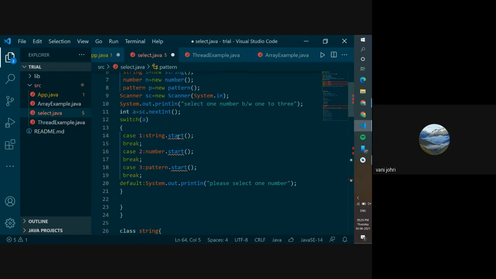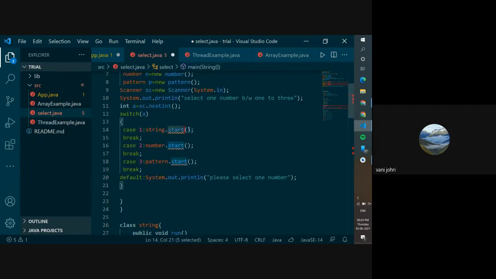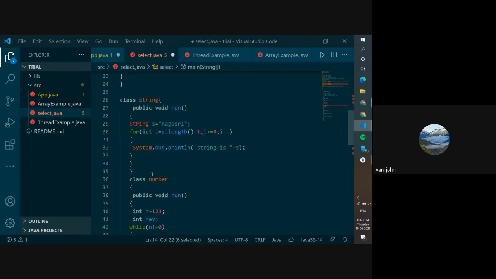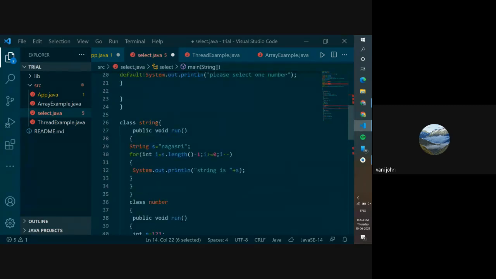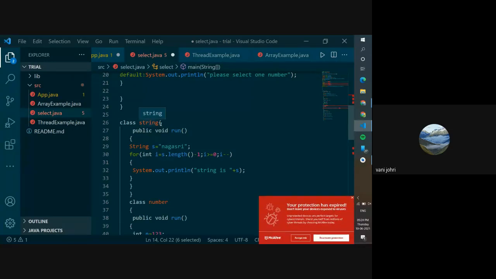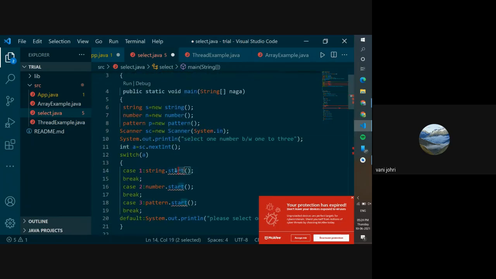And you've done dot start. This dot start is used when you are using multi-threading, like you are using threads. These are not threads, these are your normal classes right now, right? If you make them into a thread, then you can do it. But you did not make these into threads, so you just have to call this function. You can name this run or you can name this whatever. You're supposed to name this run only when this thing is a thread, but this is not a thread right now, right? You did not make a thread, you just made another class and made a function. So for this, instead of writing dot start, you're just supposed to write dot run.